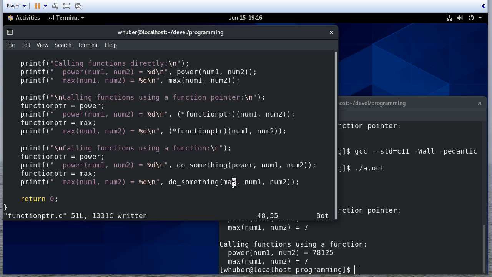So there's a lot that you can do here. And this really gives C a lot of power. And in fact, you can even use the idea of a function pointer to do something like polymorphism. For example, the way you can do it in C++, you can also do it in C using function pointers. And there will be an example of that